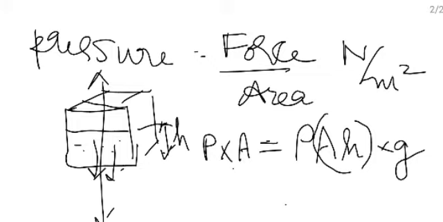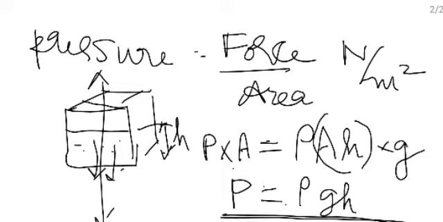So they should be balancing each other, so the net force acting in the vertical direction will be 0. That means this P can be obtained as rho g h. This indicates something more. This pressure depends only on the height of the fluid,